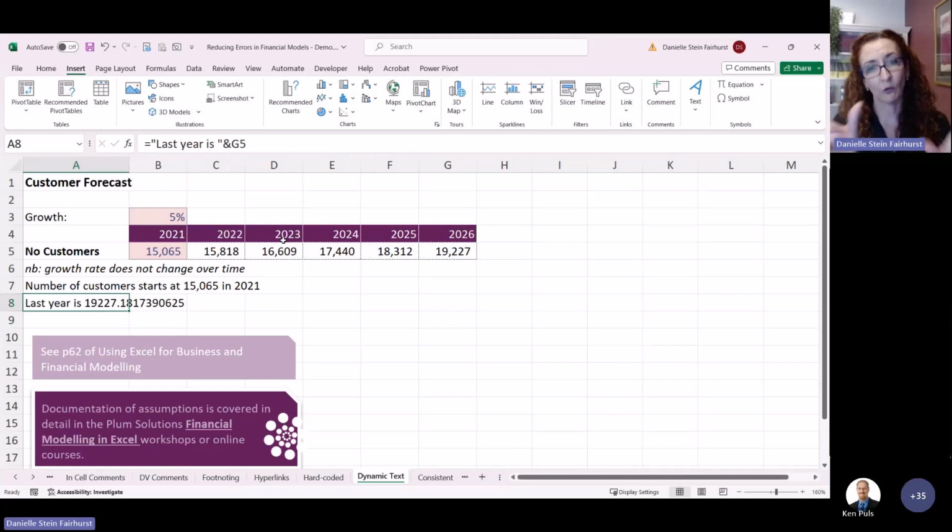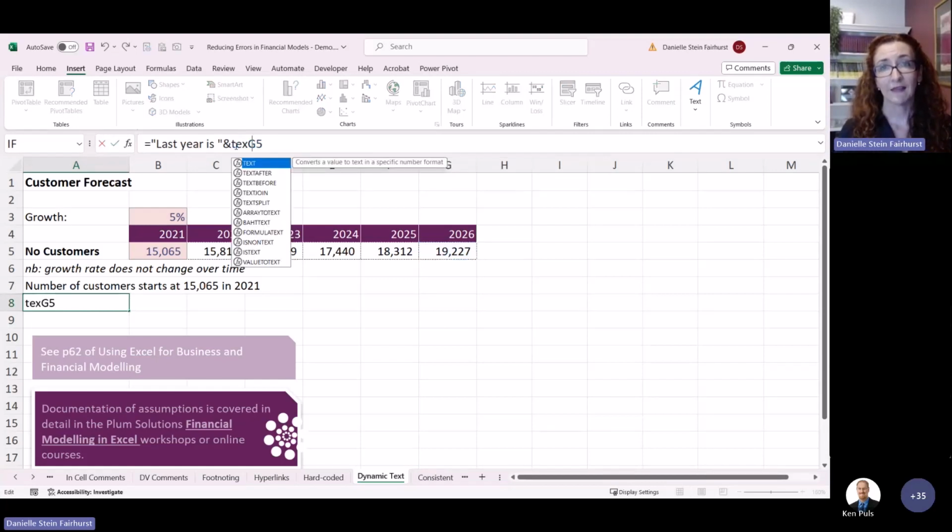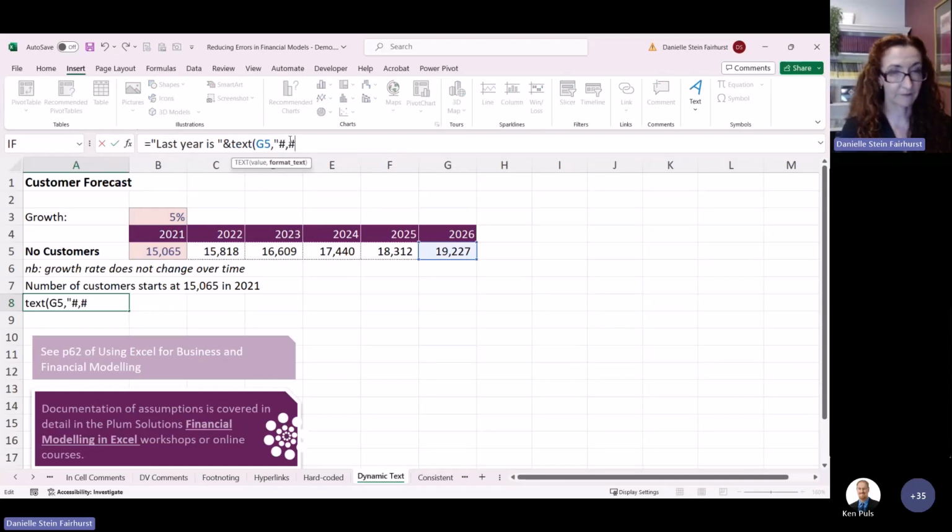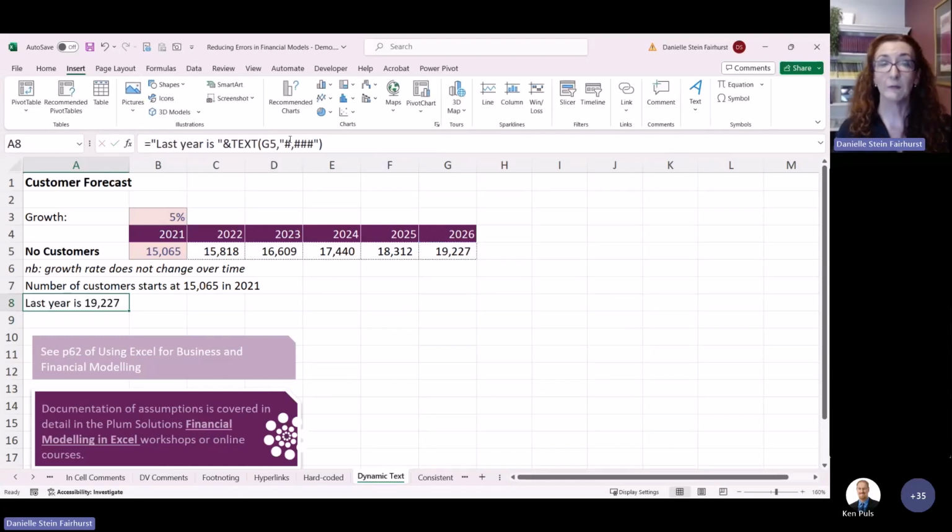Of course, that is always going to show when it's a calculation, and so that's why we've had to use the text function. So we just wrap it inside a text, of course, and then comma, hash, and that will just format it for you. And you can do the same thing with the dates as well. So we do a lot of this, any kind of